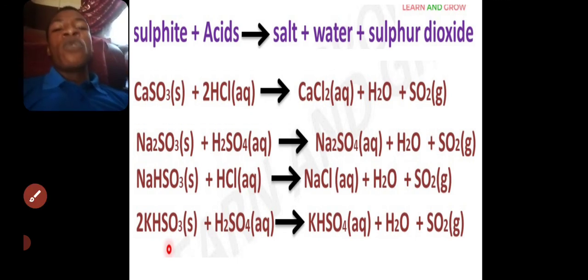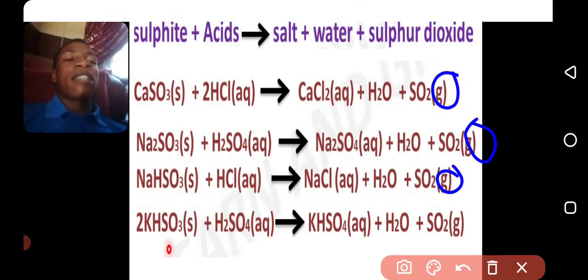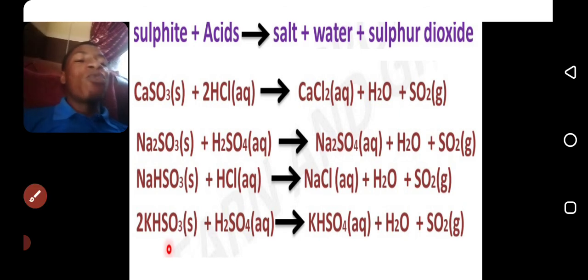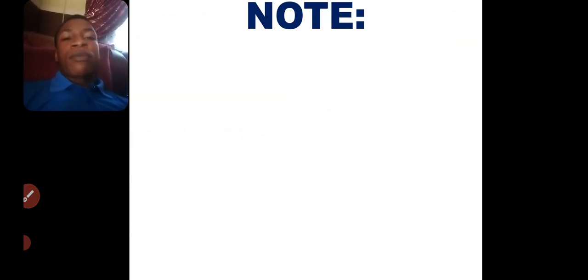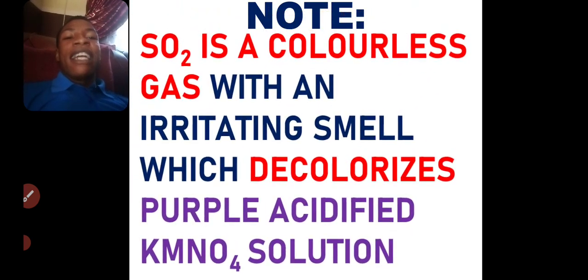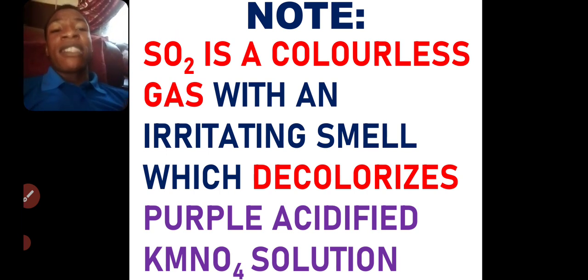Now this SO2 is a gas. As you can see, gas, gas, gas, gas. And how do we test for SO2? SO2 is a colorless gas with an irritating smell. It actually smells like burning matches. So it's a colorless